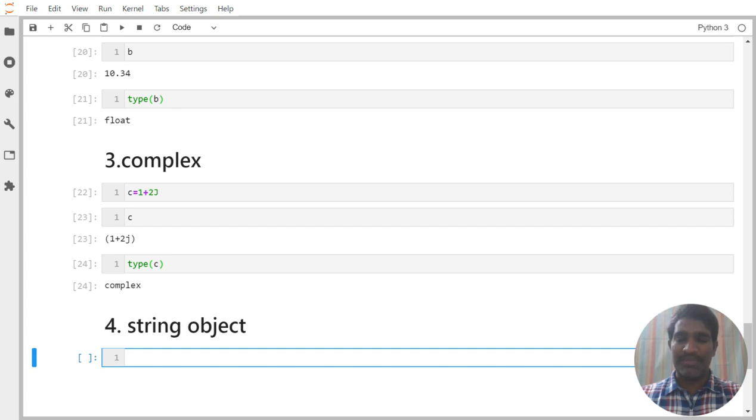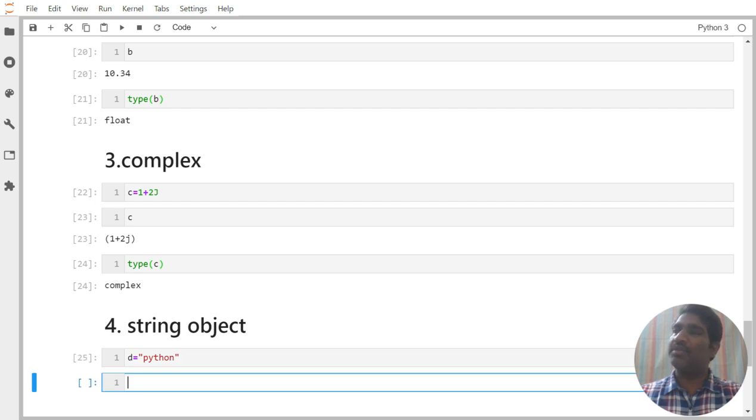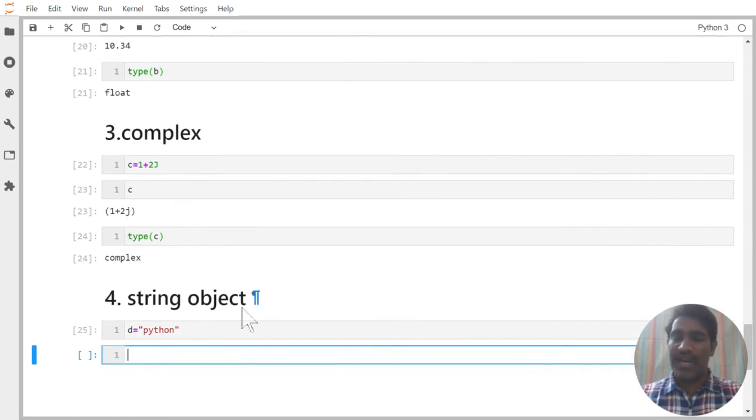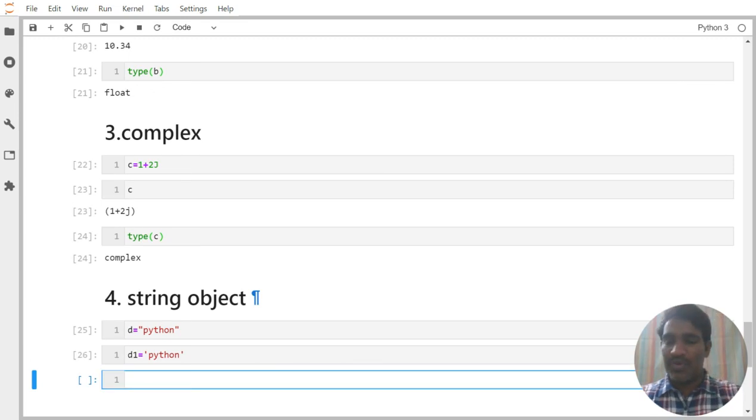double quotes, something like this. Let us say d is equal to "Python". It is valid. And even if you want to write d1 is equal to 'Python', this is also valid. Suppose you are writing d2 is equal to, I am putting 3 times double quotes, and it is a string